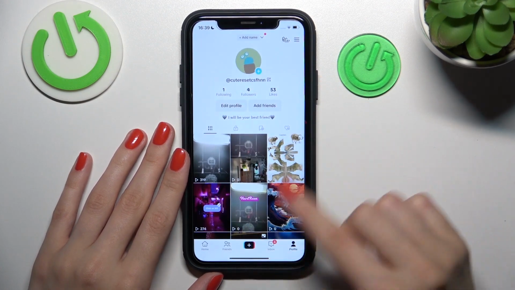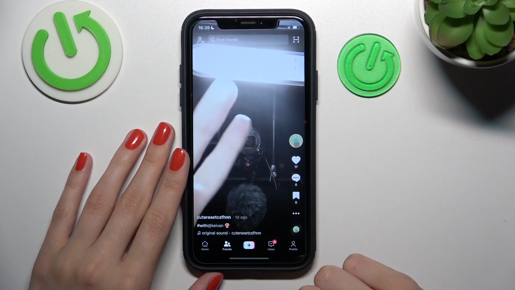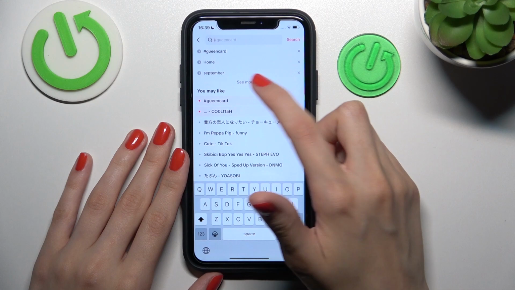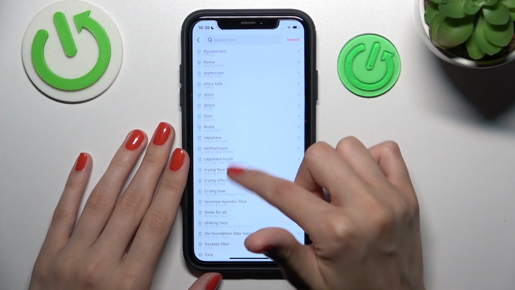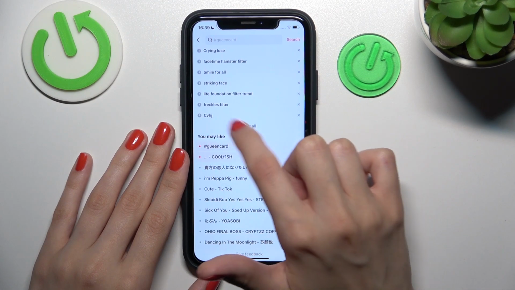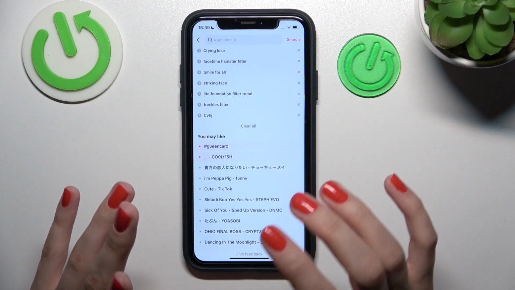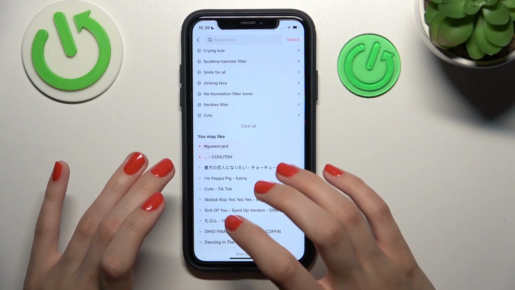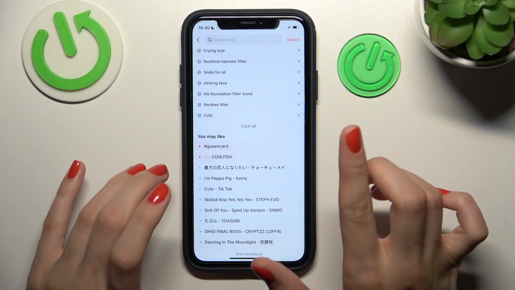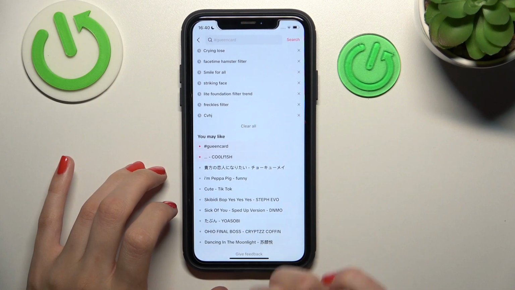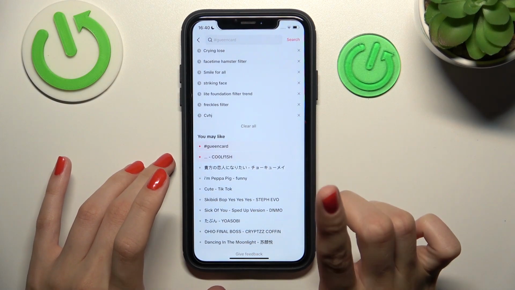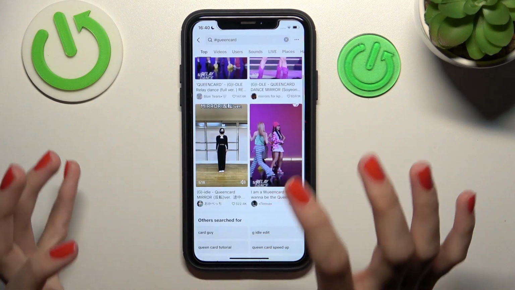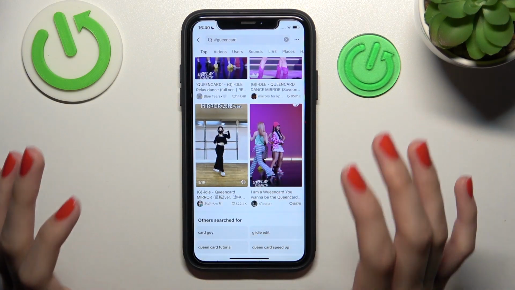So we are on the profile page and let's go to the friends section because we are interested in the search bar. So this is our search history, but let's check this section, "You may like." And guys, these are the most popular keywords on TikTok right now today, even if they have these red dots opposite. So guys, when you go to the hashtag, you will find the most popular topic on TikTok for today, for this moment,